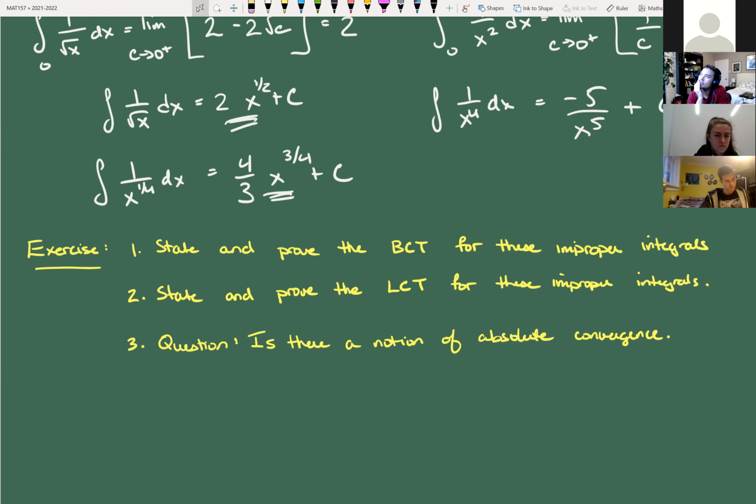Yeah, I feel like there isn't a good analog of absolute convergence in this case, but this would be an interesting thing for someone to play around with. Okay, yeah, if the textbook says yes, I mean, past me was much smarter than current me. So if we trust past me,